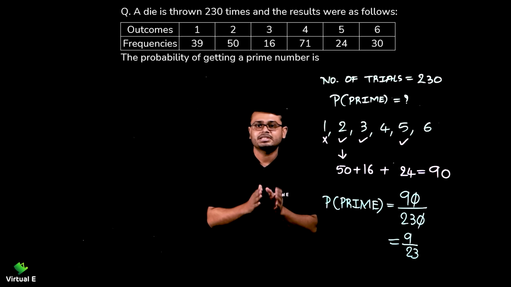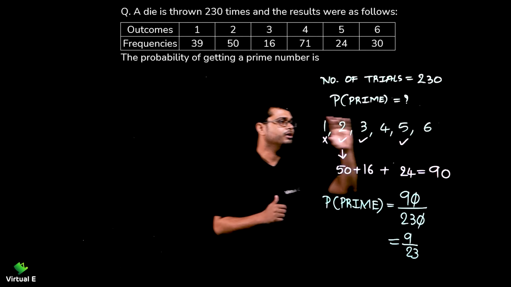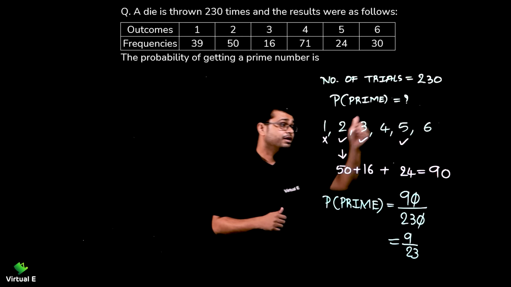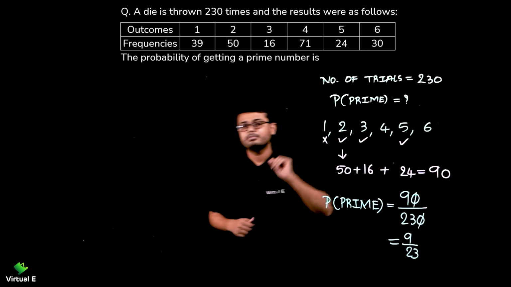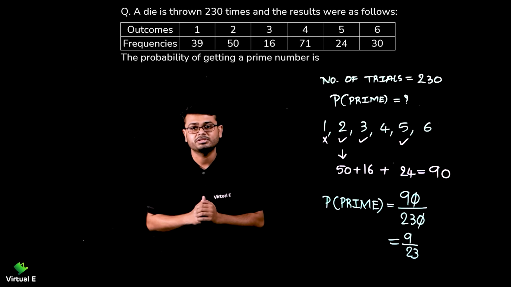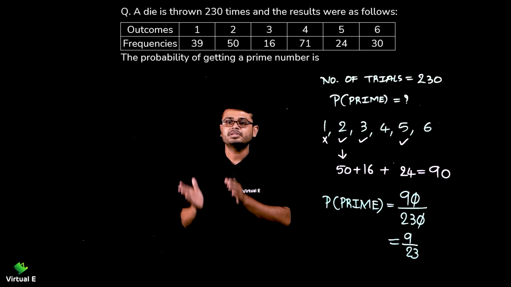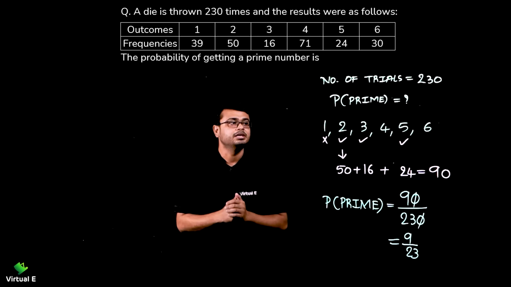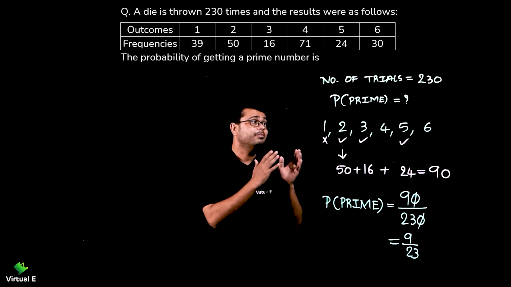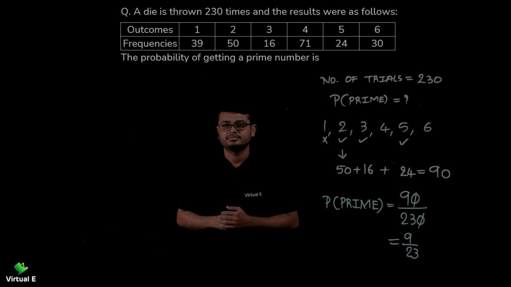So this is how we find the probability for the dice of a prime number. Now how is this case different from the previous one? Here we are talking about properties of numbers. Maybe an even number is possible, maybe an odd number is possible. Like prime numbers are possible, composite numbers are possible. So this is all about the properties of the number, and the same concept is mixed with probability. So this is how we find the probability of getting a prime number when we have frequencies given to us.